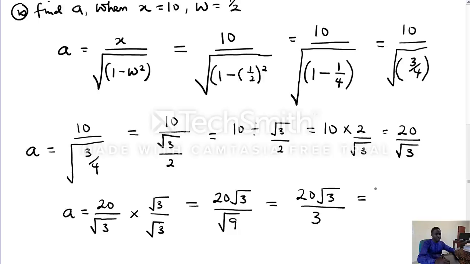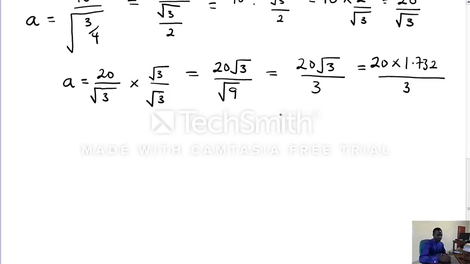The value of root 3 is said to be 1.732, divided by 3. When you multiply 20 by